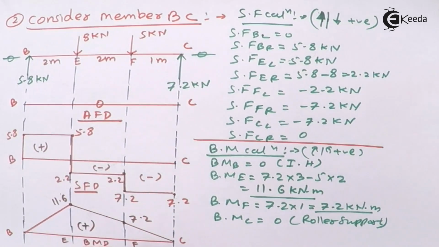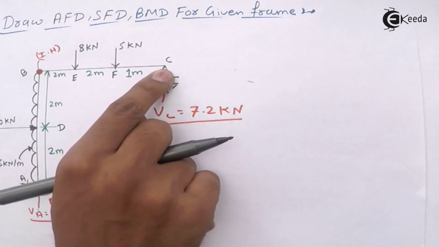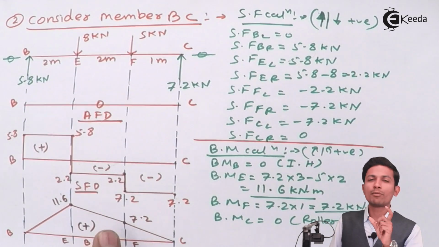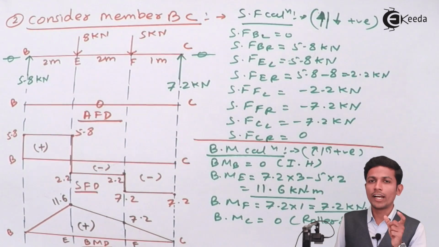Okay, now we have done both parts, AB and BC. See, this is our calculation. But always remember one thing, always see the original diagram given in the question while drawing the